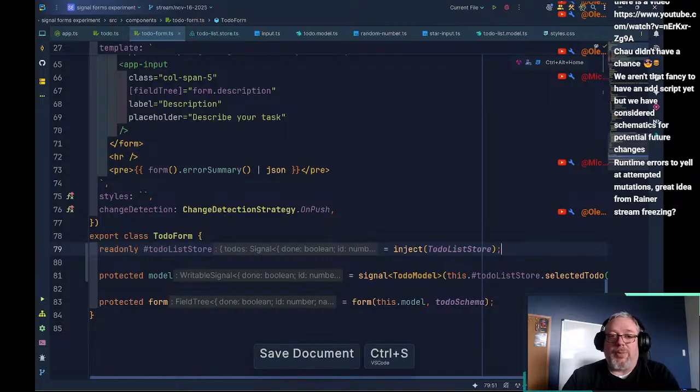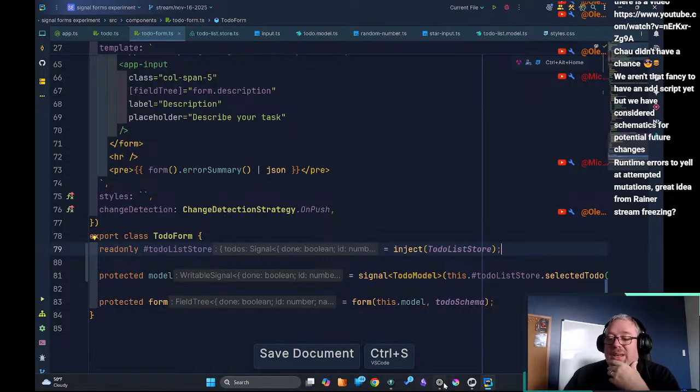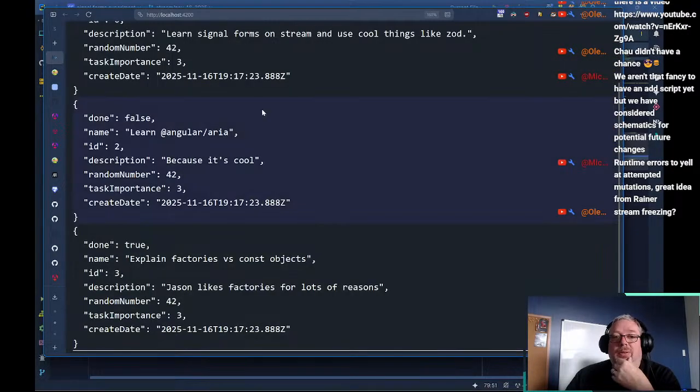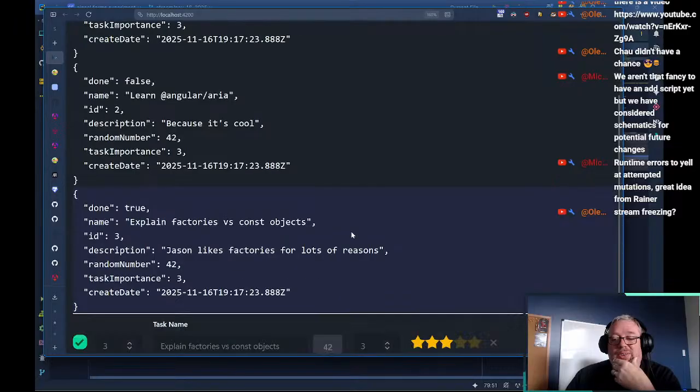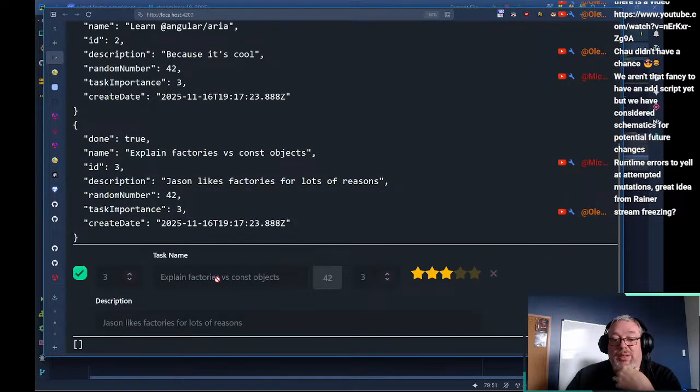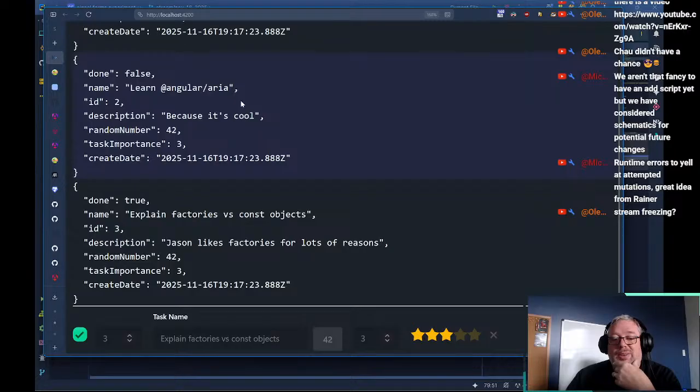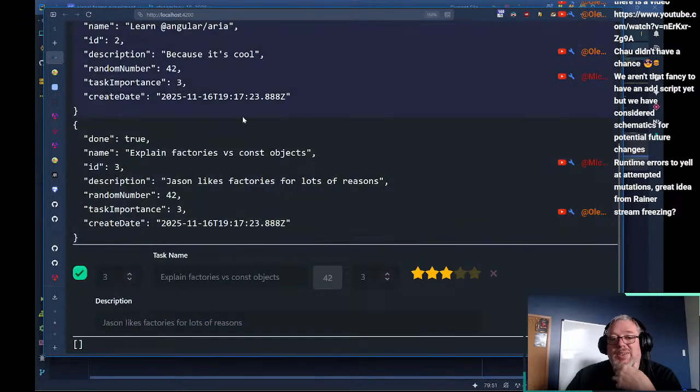Oh, this may not work. This may not work. Because if I select this, we'll see that we got that one, but here, let's say this one is not done and it's not updating. However,